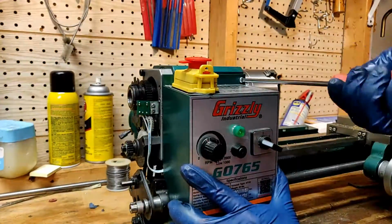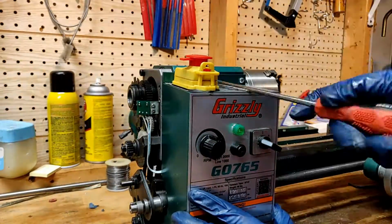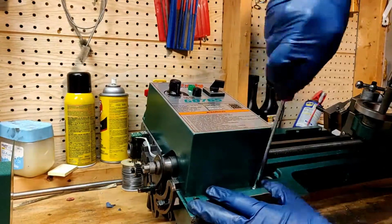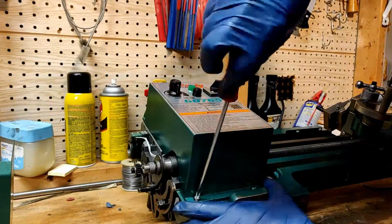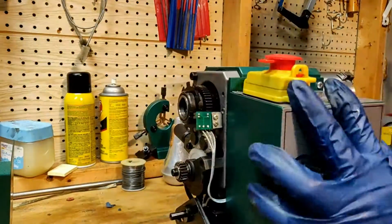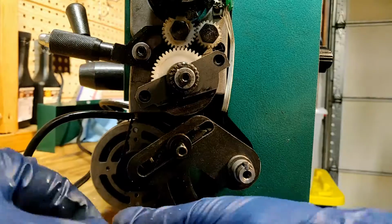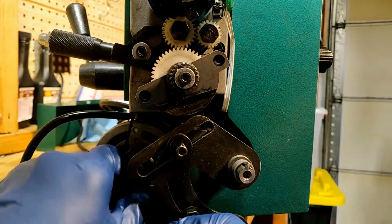Now I'll put back on the bolts for the top portion of the electrical cover. I was having too much trouble with these bottom ones, so I decided to very gently tilt the lathe back and install them this way. Now that the motor shaft is aligned perpendicular to the belt, I start looking at how the key and the